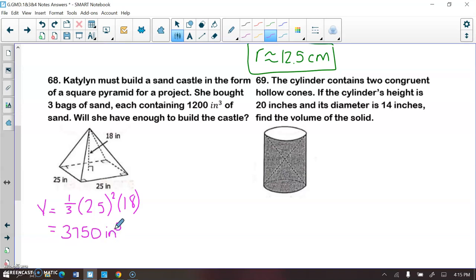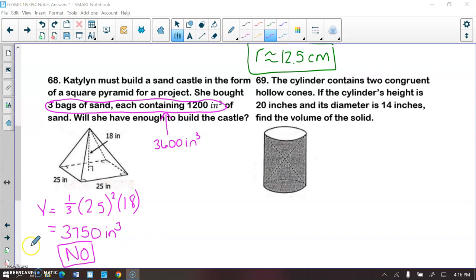Now she bought 3 bags of sand that contain 1,200. So if I do 3 times 1,200, that gives me 3,600 cubic inches of sand, which means she's not going